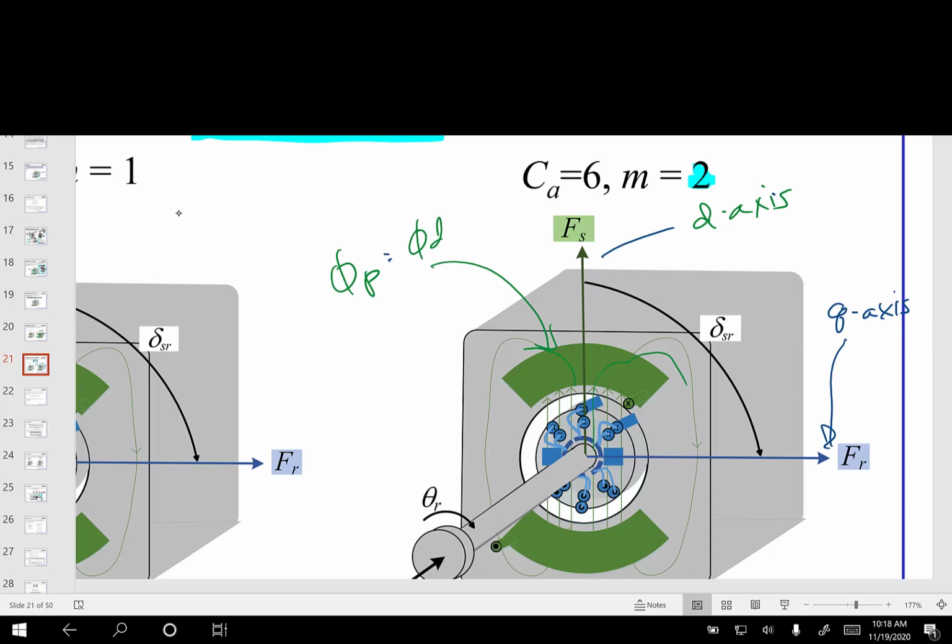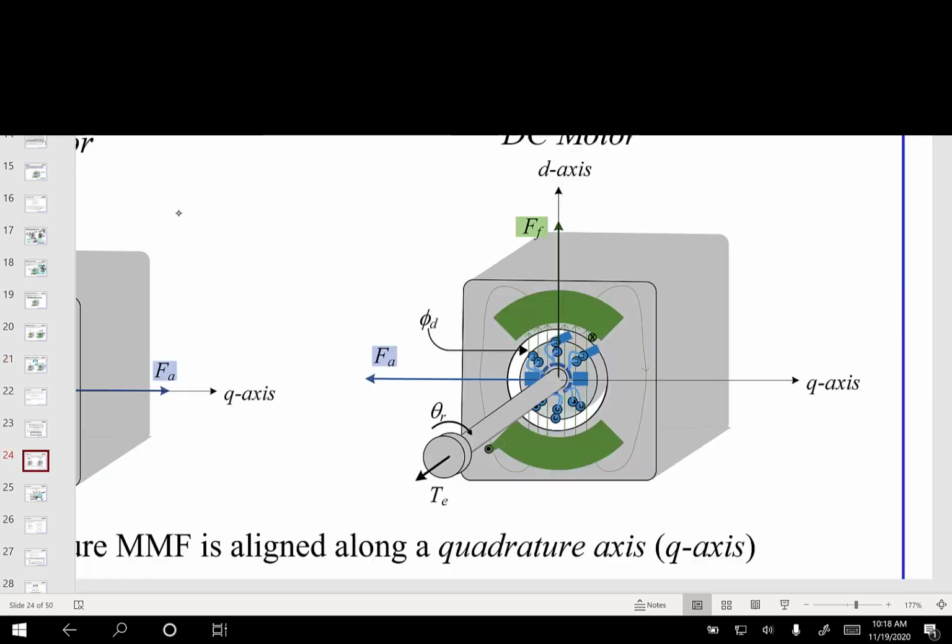Now the synchronous machine has a direct axis flux, but it's the flux per pole, depending on the angle of del, only some of the flux, maybe the large portion of it, will end up in the direct axis, but not all of it. And so that's the difference. All of it is ending up in the direct axis with the DC machine. And it really has to do with the angle del